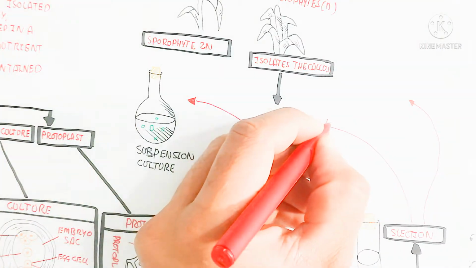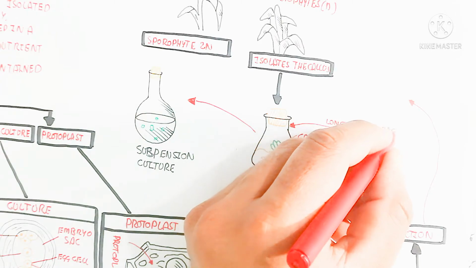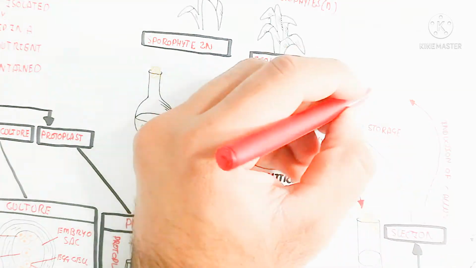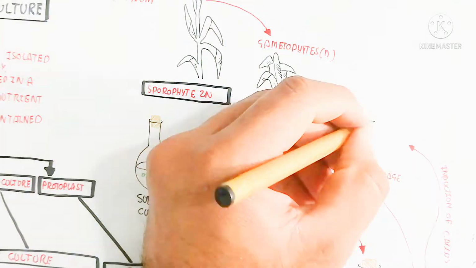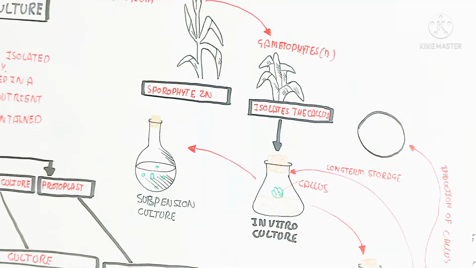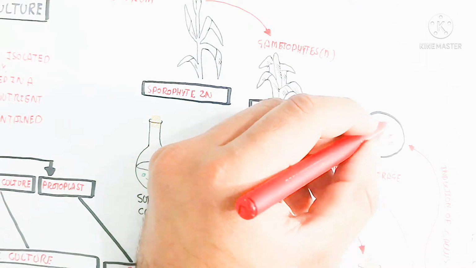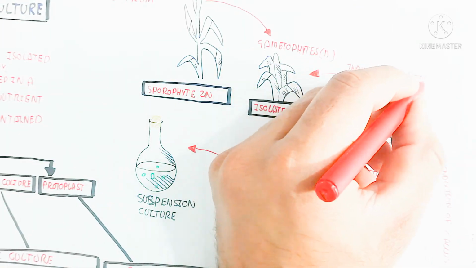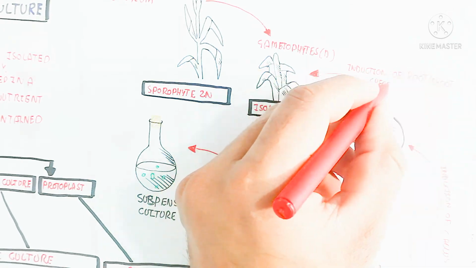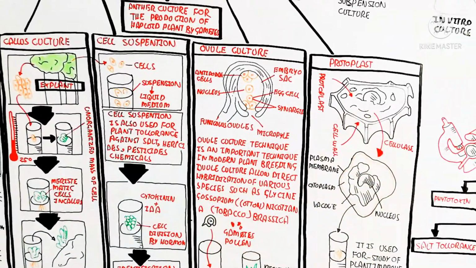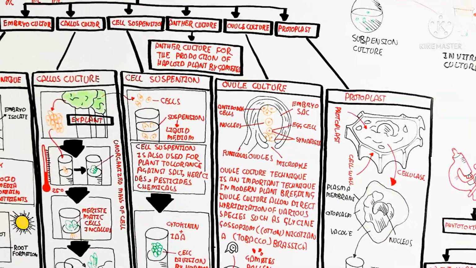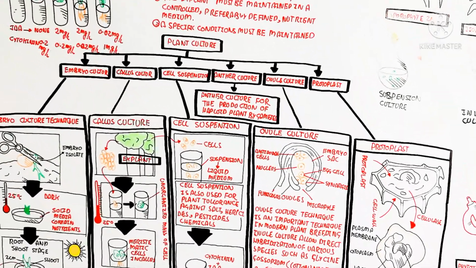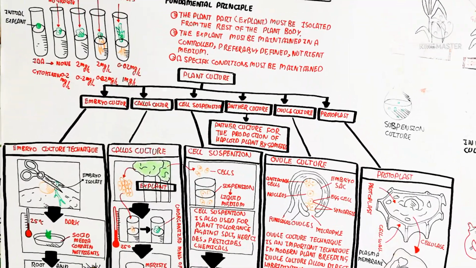In this way we can check it out. After this the selection will occur, and we can introduce it into in vitro culture for long-term storage or induction of callus, so that we can produce callus formation. After many more calli are formed, the induction of root and shoot regeneration will occur, and again the same plant will be developed. So this was plant tissue culture, which is very important for the botanical and biotechnological fields.